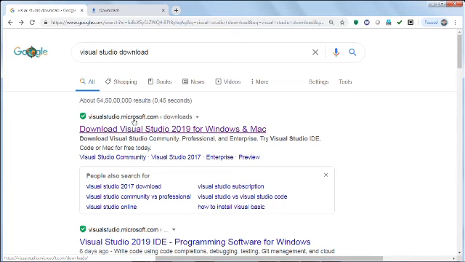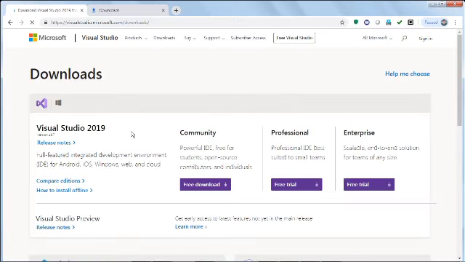So Visual Studio Microsoft.com, the website is Microsoft. Then after that you can see here there is a community version of Visual Studio 2019, integrated development environment, professional